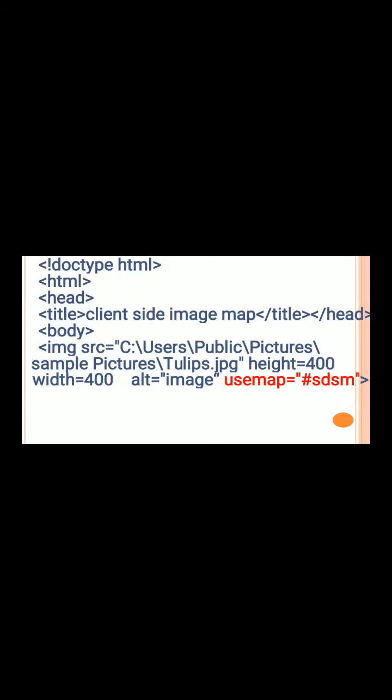Next, another tag which we use is the map tag with its attribute name. Here we use name equal to SDSM. Whichever value we wrote in the usemap attribute should come up as the name attribute of the map tag. But in the map tag, we are not going to use any hash symbol. That's why we used name equal to SDSM.